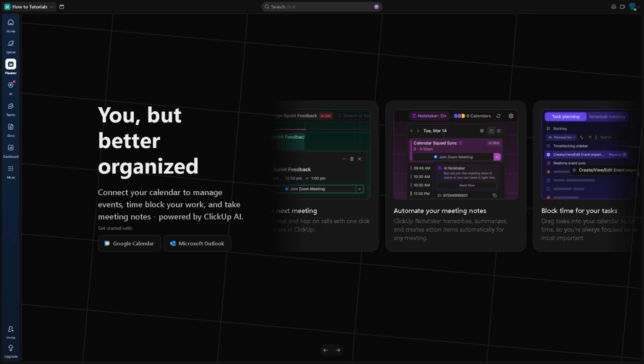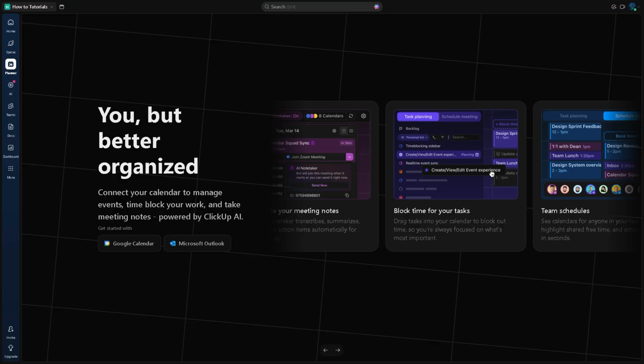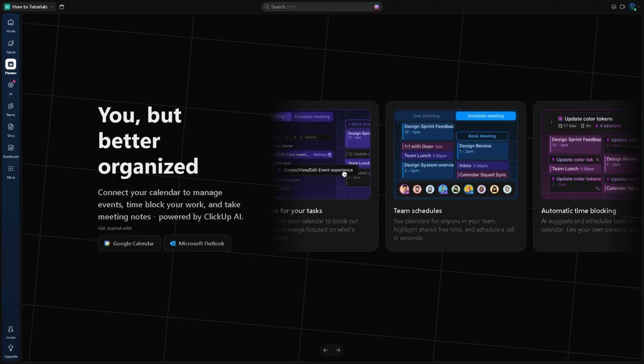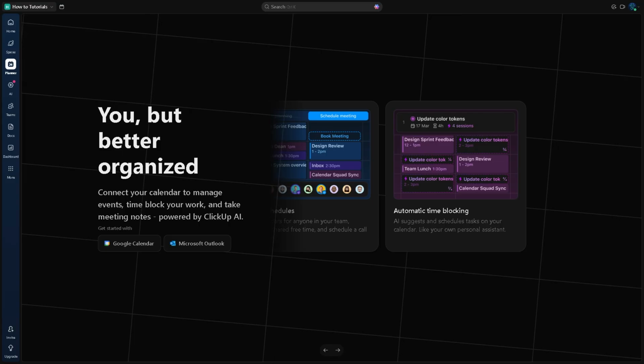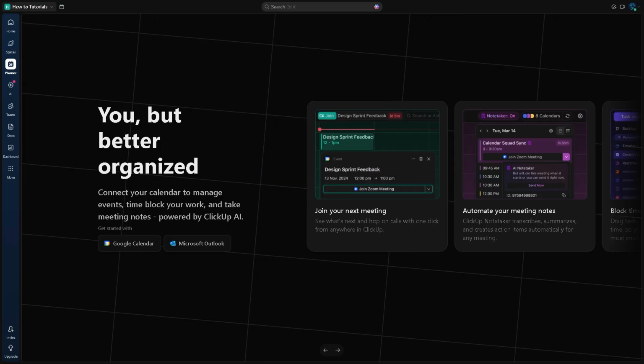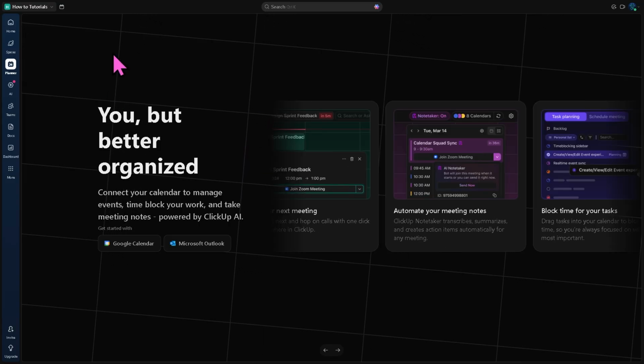In today's video, we are going to show you how to turn any task card into a reusable template in ClickUp so you can save time, stay organized, and work smarter. Let's begin. Now, the first thing that you need to do is to log in using your credentials, and then